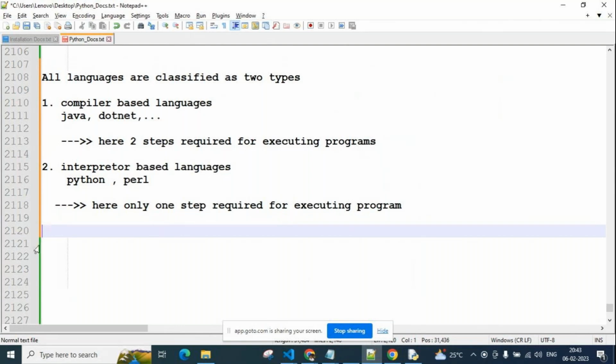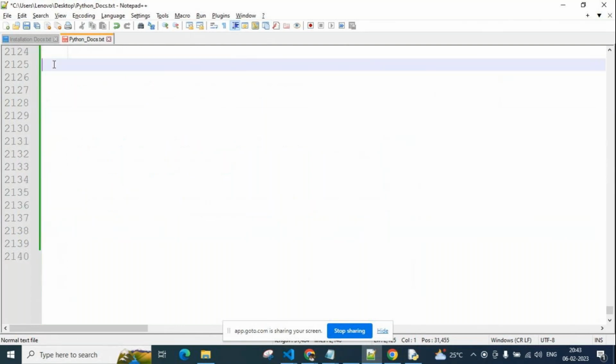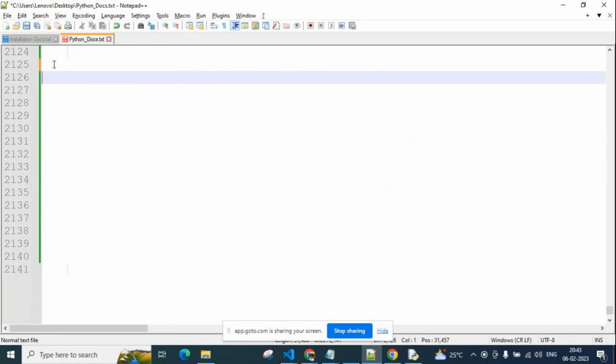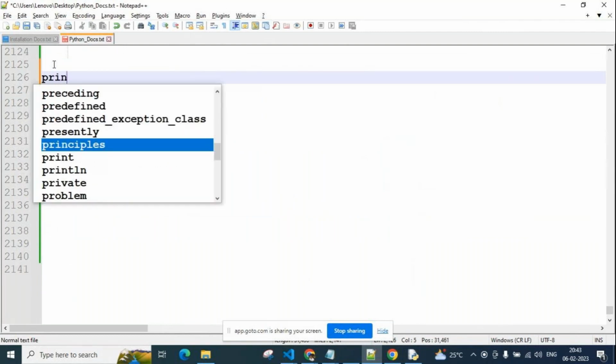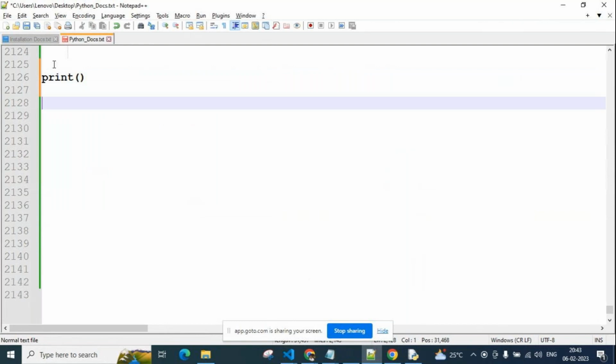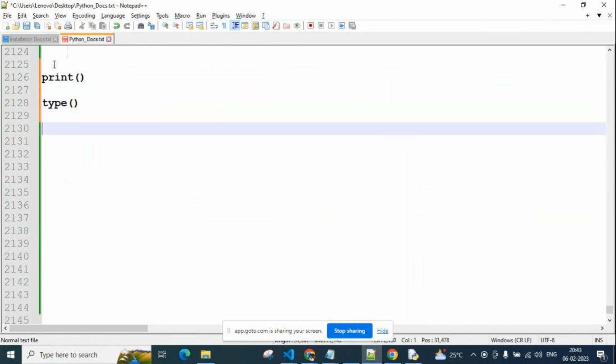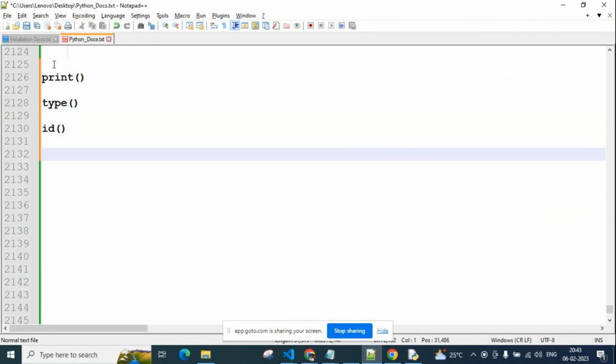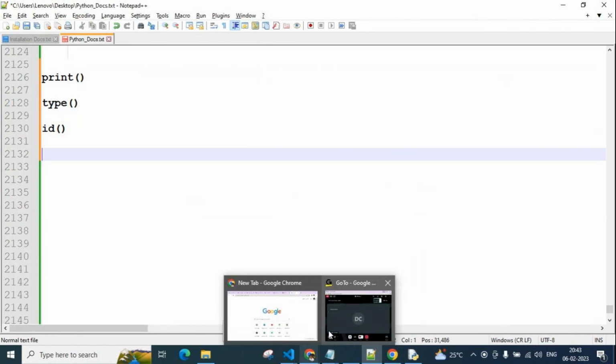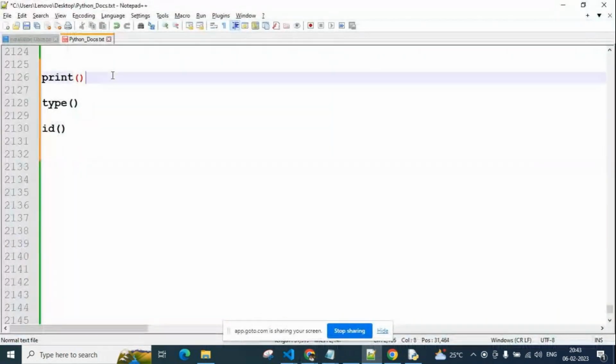Already I told you, guys, about some basic methods. The regular methods we use are print, type, and id. We use these three regularly, and every day we will also discuss some new methods. So what is the use of the print function? It is used to display output on the Python console.